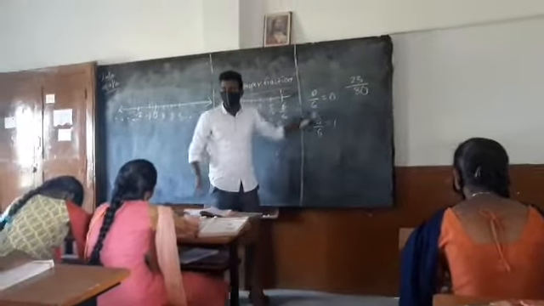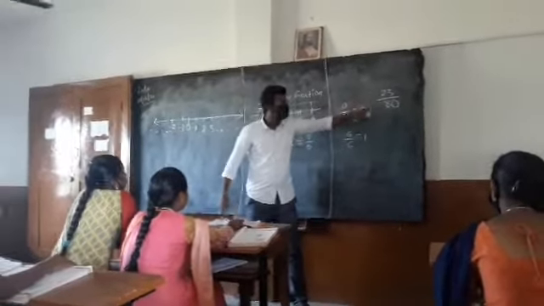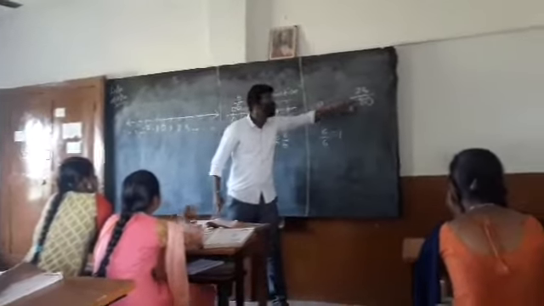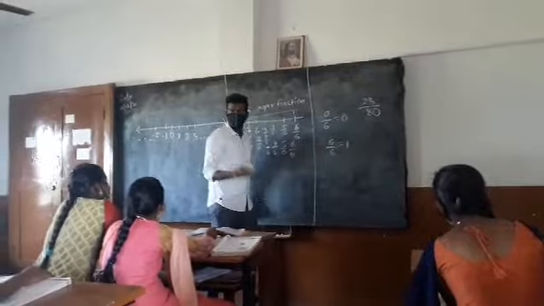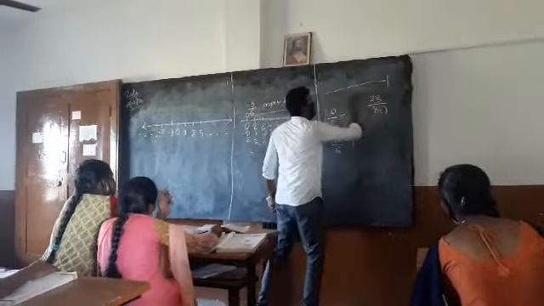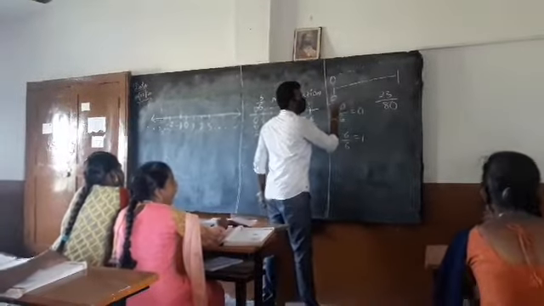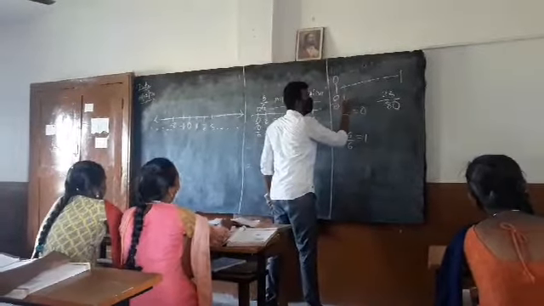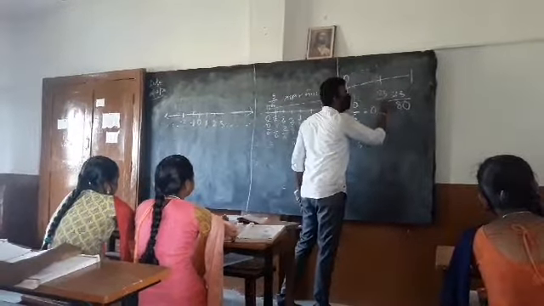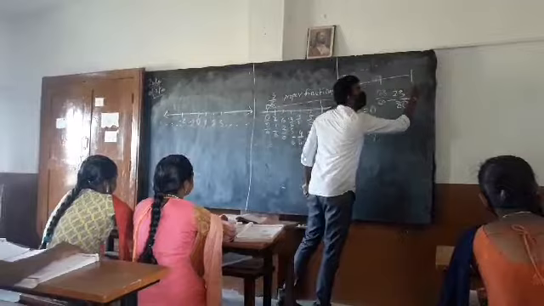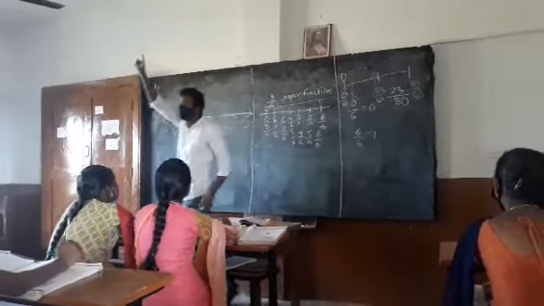23 by 80. Is it a proper fraction or an improper fraction? Because 23 is less than 80. Yes, sir. This also lies between 0 and 1. How? You need to divide the portion: 0 by 80, 1 by 80, 2 by 80. In that very process, you will find 23 by 80, and so on up to 80 by 80. Do you all understand how to plot proper fractions?